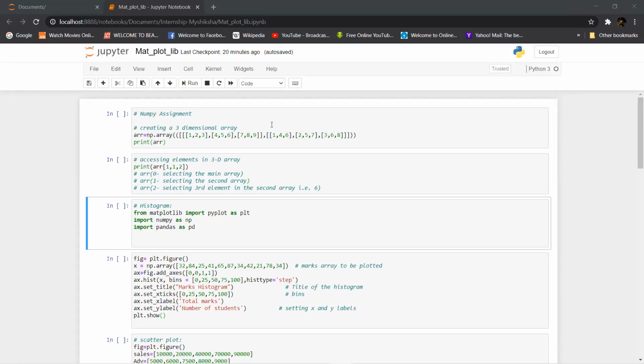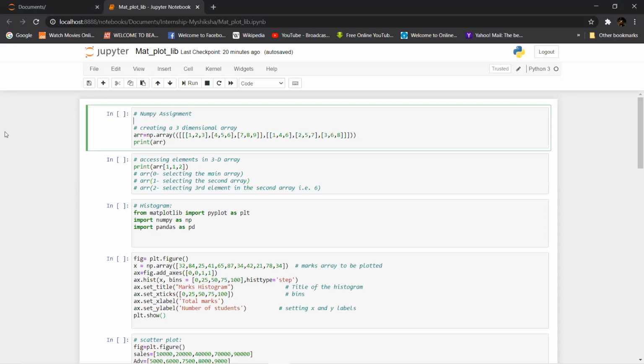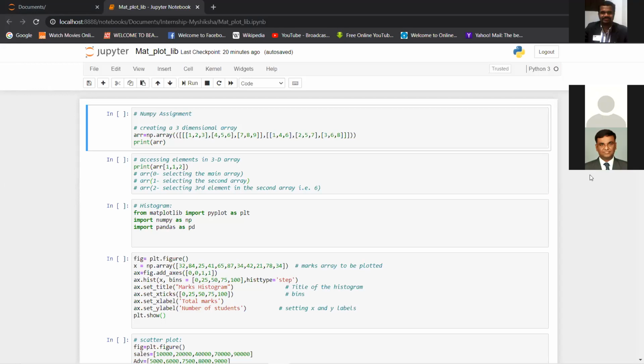As sir rightly introduced some of the importance of the library Matplotlib to you, visualization is very important, as we will get to see now. We'll start using it. It's used very heavily in machine learning to explore the data, to explore relationships between the attributes of the data.